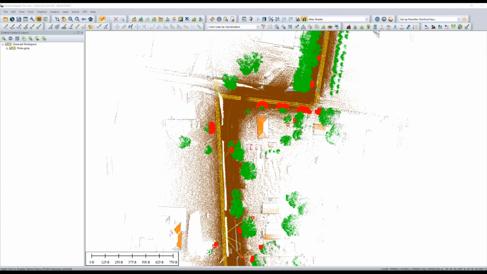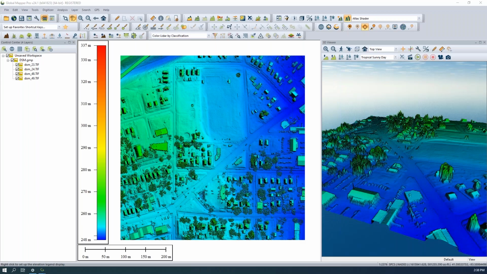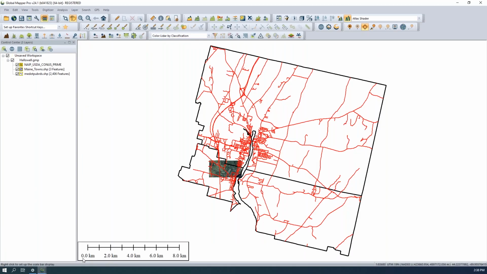And speaking of mobile data there a little bit, I'm going to pass it back over to Mackenzie, who's going to touch on that a little bit for some of her subsequent topics here. All right, thank you, Jeff. I am going to talk a little bit about using a GPS unit or GNSS unit to collect some data in Global Mapper, and then talk a little bit about the mobile data management tool also available in Global Mapper